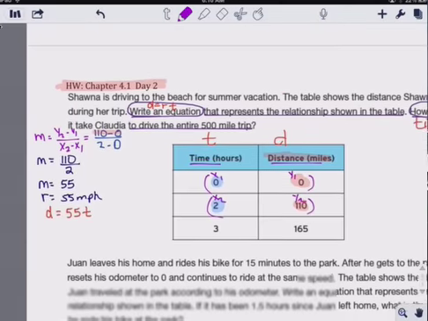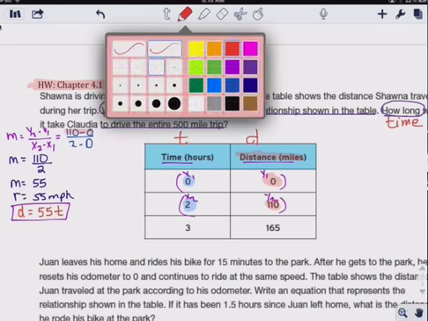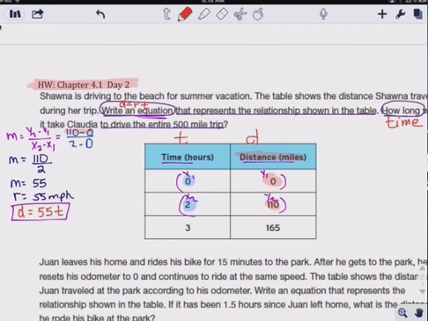So on the test, I will ask you, how do you know your equation is correct? You know it's correct because if you use the time that's given, you should get the distance. Don't use 0, 0. That'll mess you up greatly. Use the other one. So if you know that time is 2,